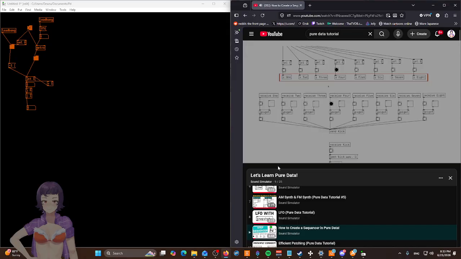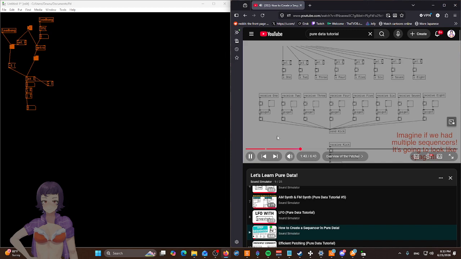These are send objects. It'll send its input to a receive object with the same name. So when we send a bang message to this send1 object, the receive1 object will output that bang message as we can see here. Using the send and receive objects will help